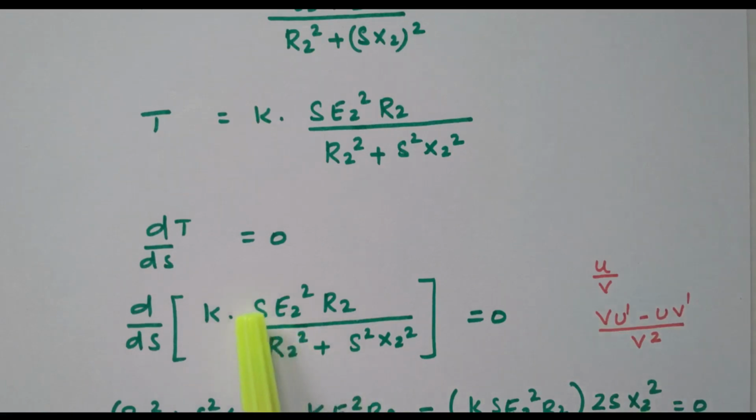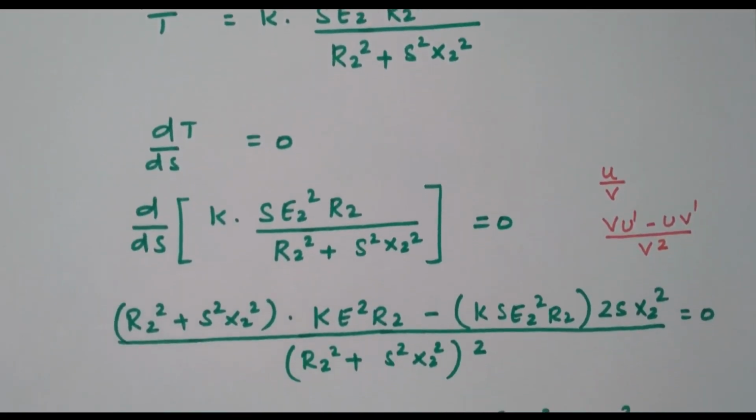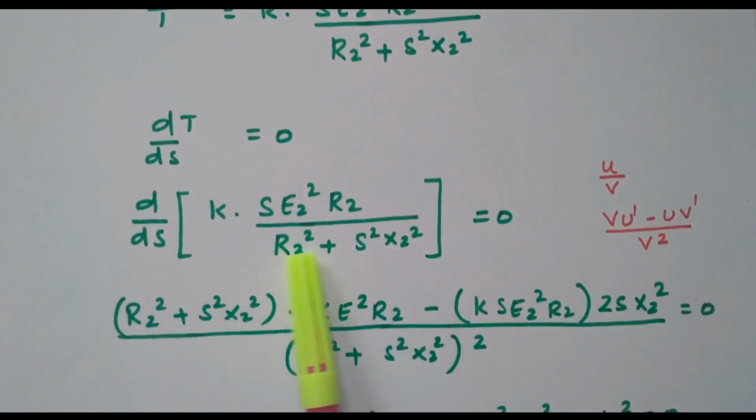The numerator is U, the denominator is V. So based on the formula, first we will write the V. The denominator is V, so it is written as it is, R2 square plus S square into X2 square, into